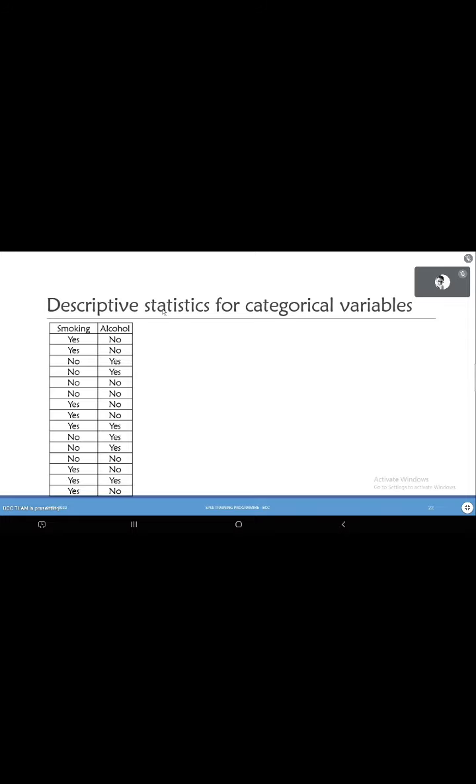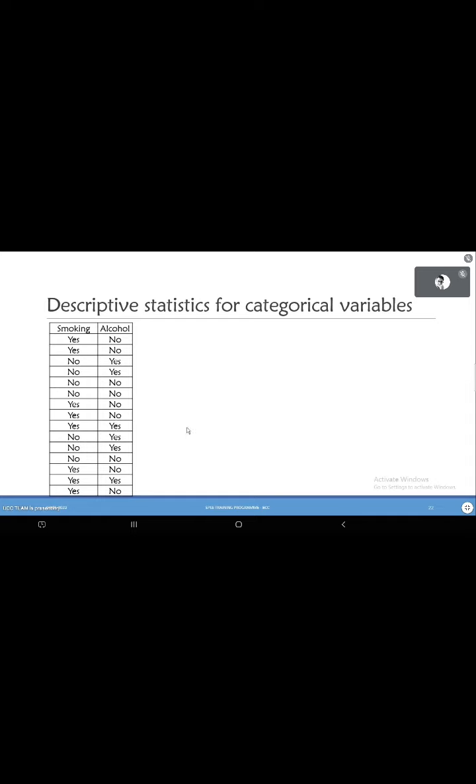What about qualitative or categorical variables? How do we summarize them? Okay, so imagine that you have done a survey study where you have asked the study participants whether they smoke or whether they consume alcohol, and based on their response you have entered yes or no. Okay, so if you see person 1 says yes for smoking but no for alcohol, so like this we have entries. Now if you have to summarize these two variables, how will you summarize? Do you report mean and standard deviation here, or median and interquartile range? Frequency. Mode? Frequency.